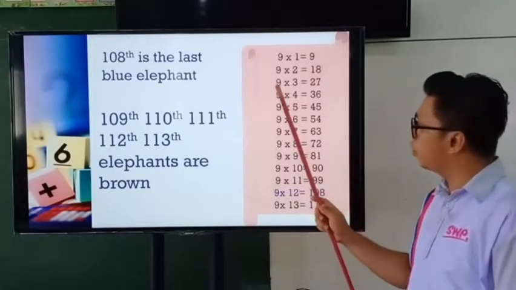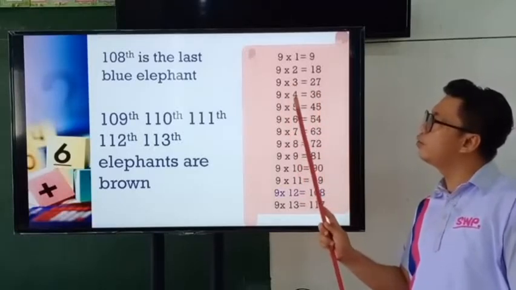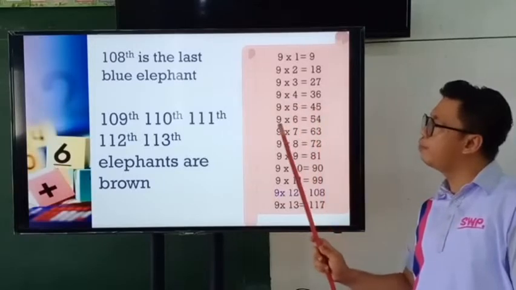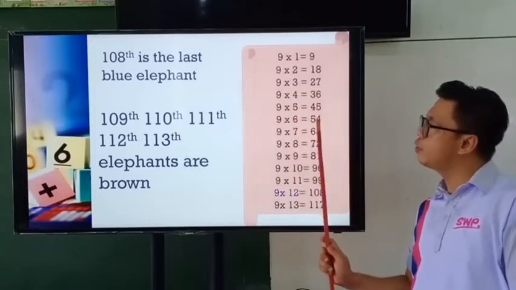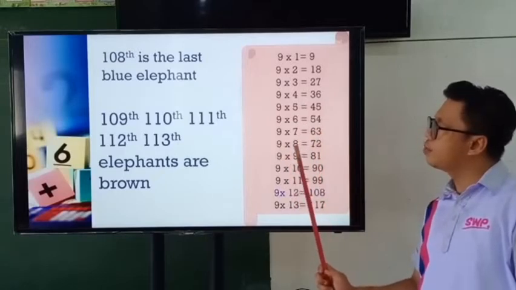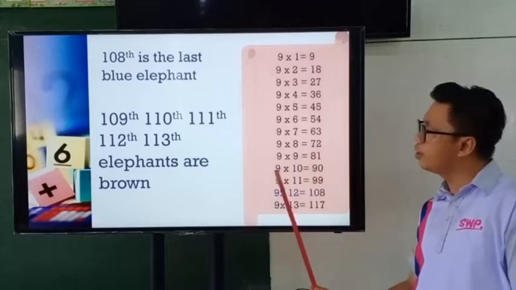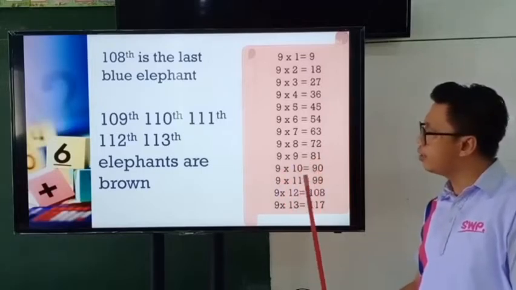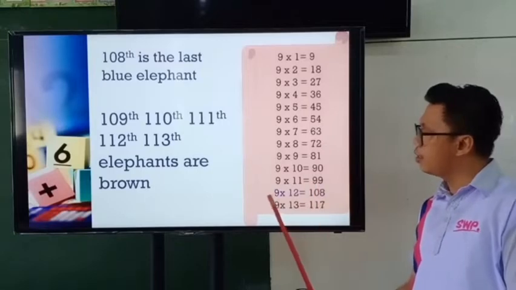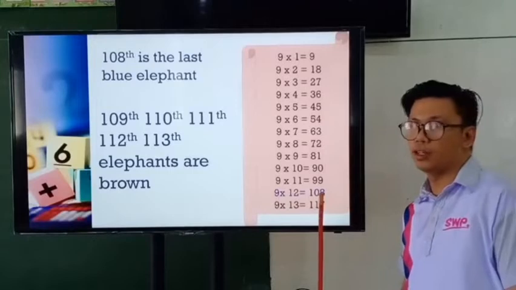So we will continue. 9 times 3 is 27. 9 times 4 is 36. 9 times 5 is 45. 9 times 6 is 54. 9 times 7 is 63. 9 times 8 is 72. 9 times 9 is 81. 9 times 10 is 90. 9 times 11 is 99. And 9 times 12 is 108. So we will stop